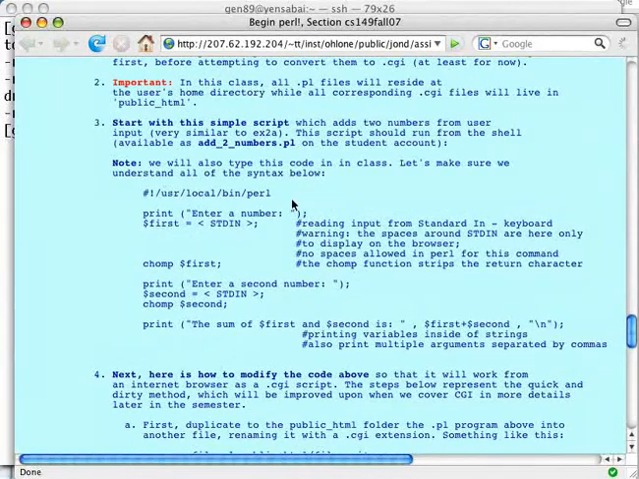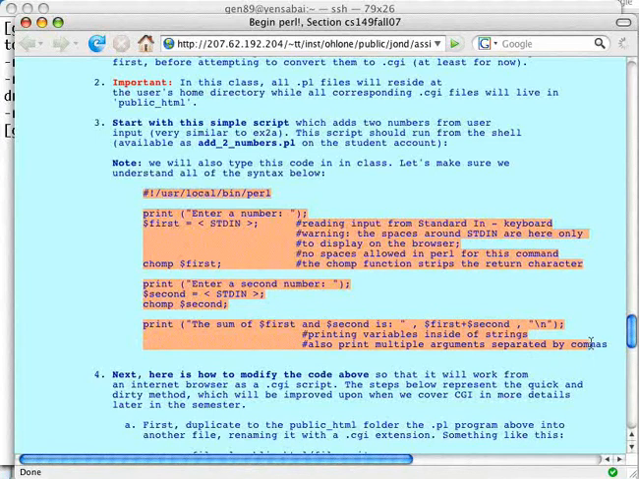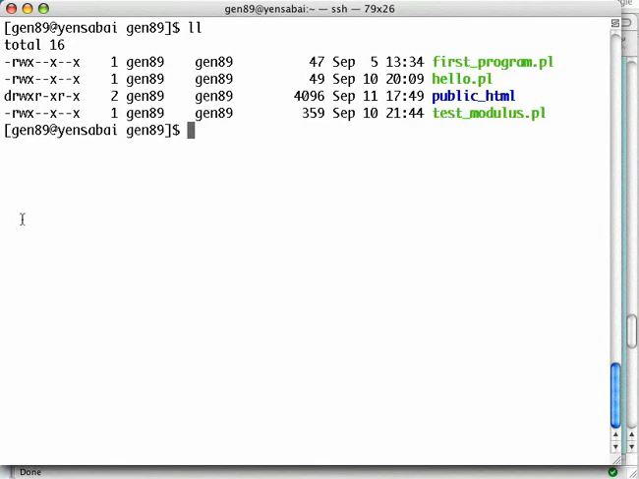In the meantime, we're going to enter a simple PL file here on the shell, and we're going to talk about those few new commands, and then we'll go ahead and convert it to a CGI file. I'm going to copy this and go on the shell. Now I'm going to use VI to do a copy and paste,